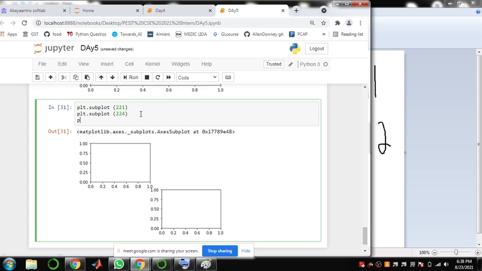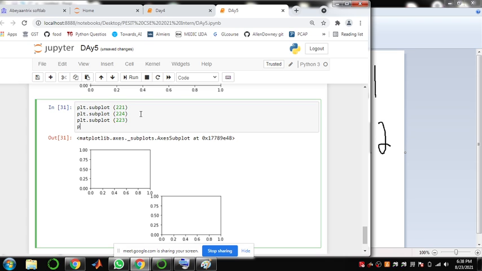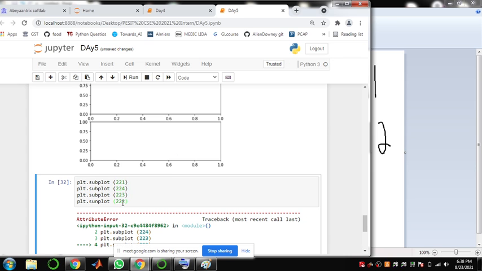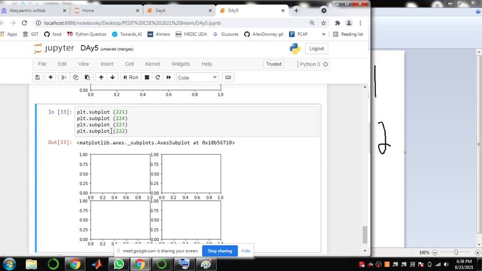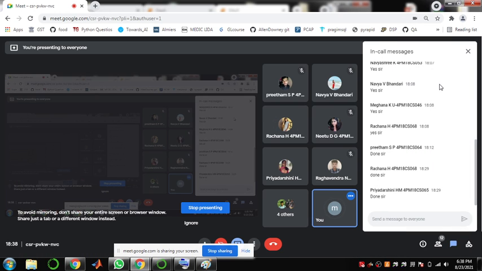So let us add them also. 223, PLT dot subplot 222. Subplot is a way of dividing an axis into multiple axes. Clear? Rachana? Yes, sir. Okay.